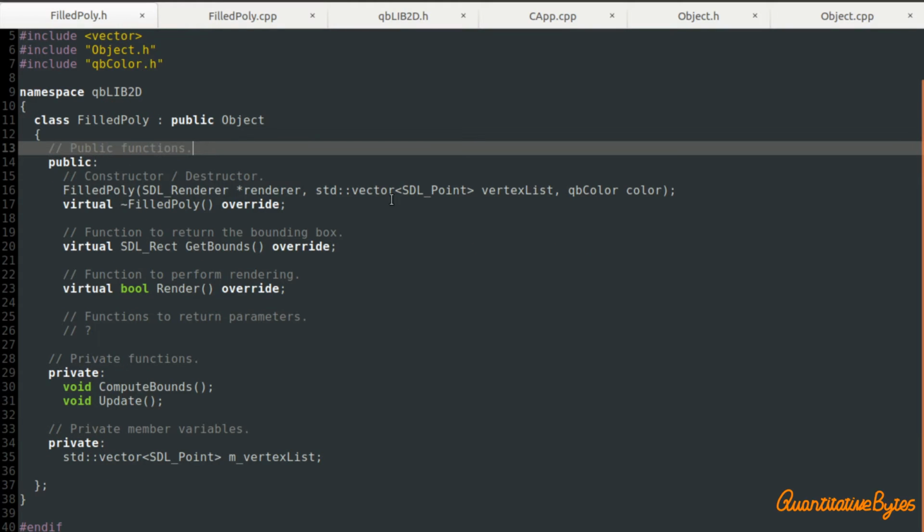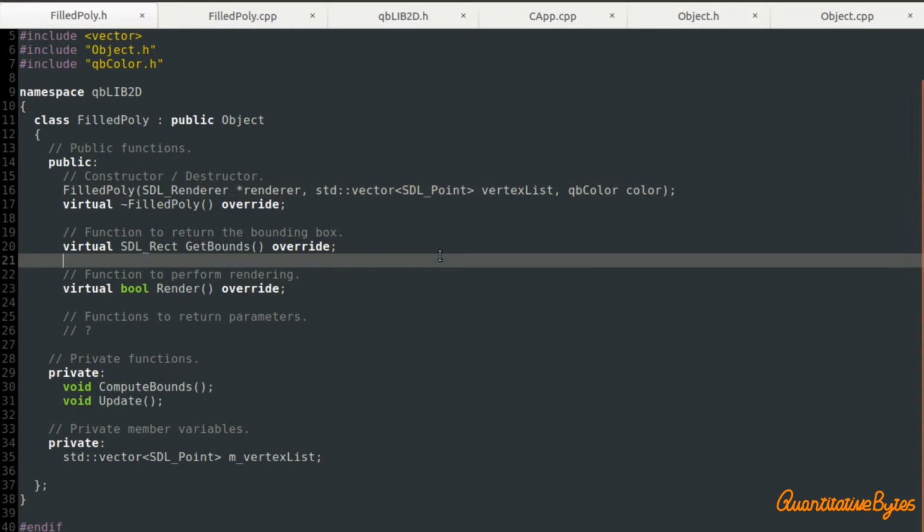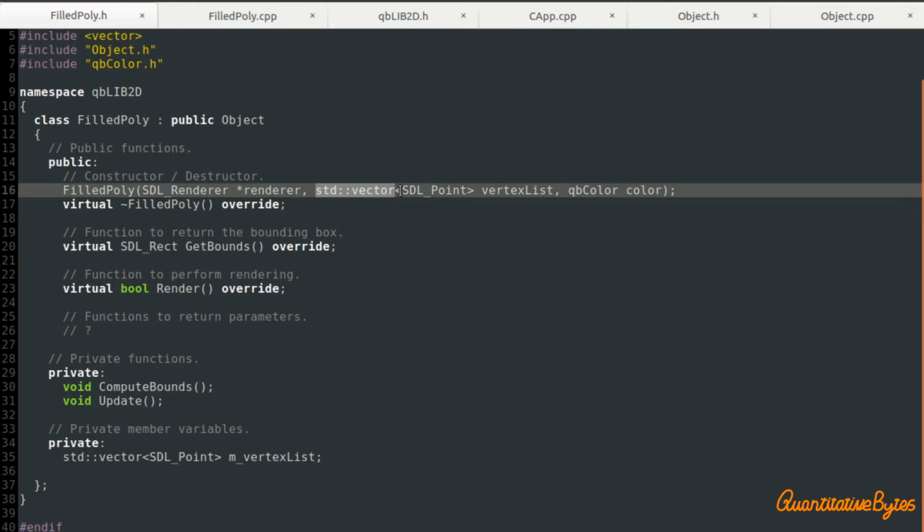We define, of course, a constructor. This is different to the constructor for the circle. It accepts as first input a pointer to the renderer, and then we accept a std vector class object of type SDL point called vertex list, and we accept our color. So the point is the user can create an instance of this class, and they can pass to it an std vector class object containing a list of vertices out of which we're going to construct the polygon.